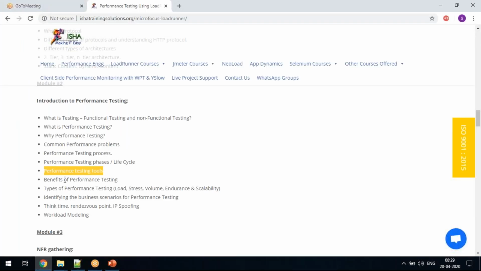And then benefits of performance testing. That is what I told you: your customer will be happy. First and foremost, your customer will be very happy because your application is very fast, which means they can complete an action quickly and go out. For example, if you are using a ticket reservation application, the reservation should happen fast.